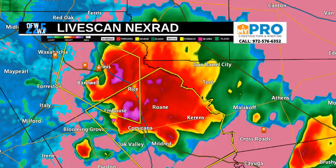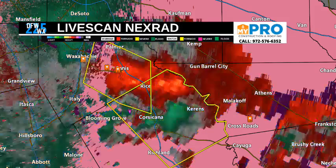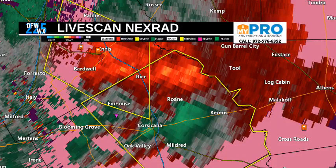This is going to continue to merge, and it wouldn't surprise me if this is the one that grows to be that more cyclic prone hail producer. And this is what we're watching right here. So we're of course watching for the potential for maybe an isolated tornado today with some storms, yes, but I'm going to keep hammering on the point that while there is that low tornado threat, when we're looking at the velocity, we're looking for those strong updrafts that will be capable of supporting and holding hailstones for a long period